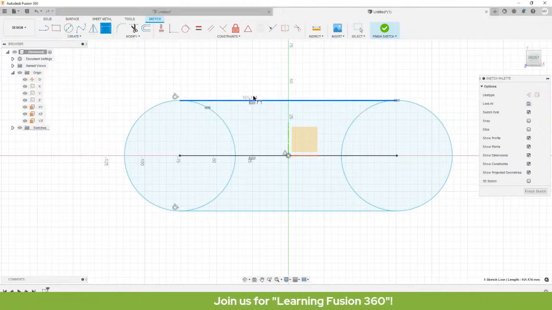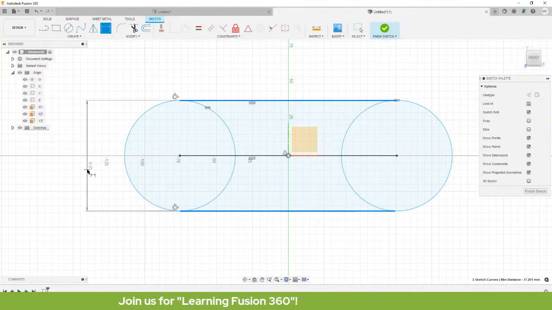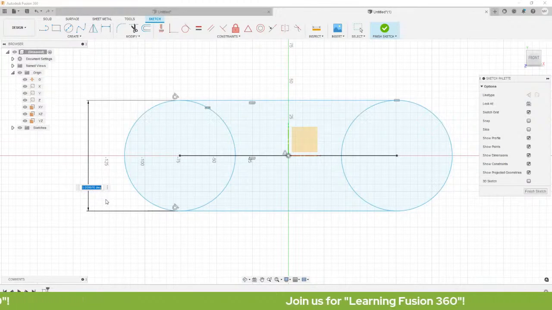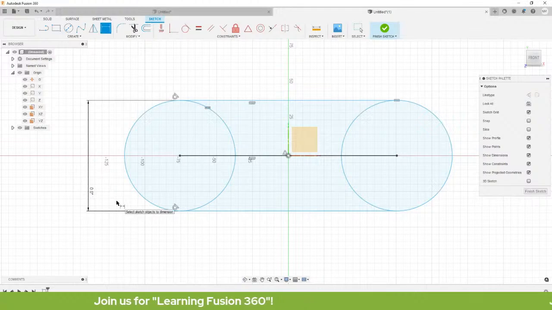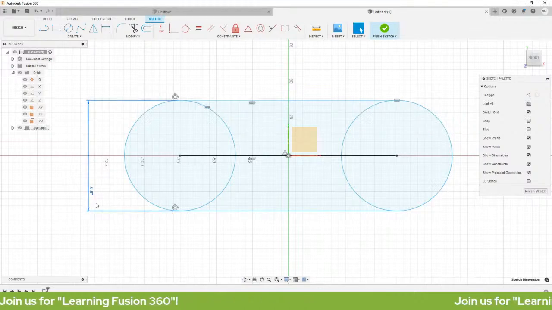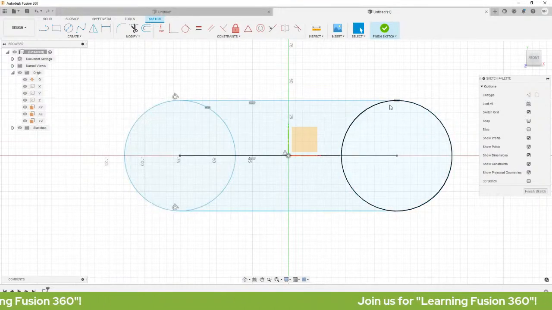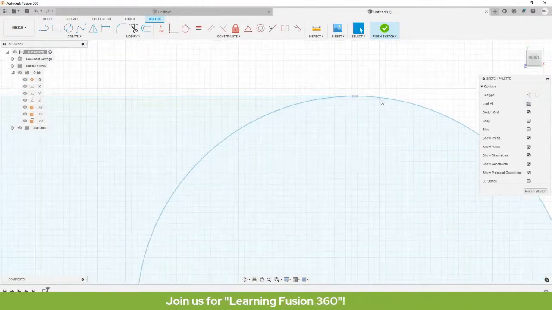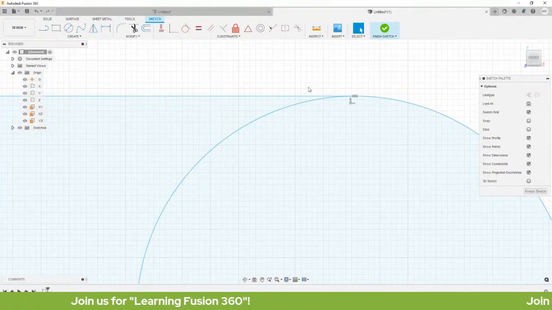Let's select this line, left click. So, notice na naka-degree siya. Okay, so hindi tayo degree. So, let me hit escape. Let's delete this one. So, ito. So, please be mindful of your constraints.